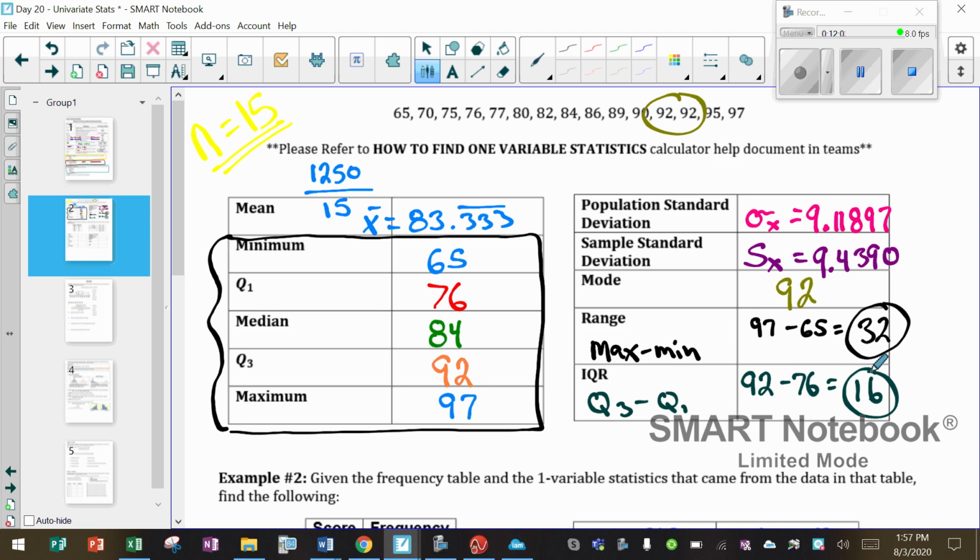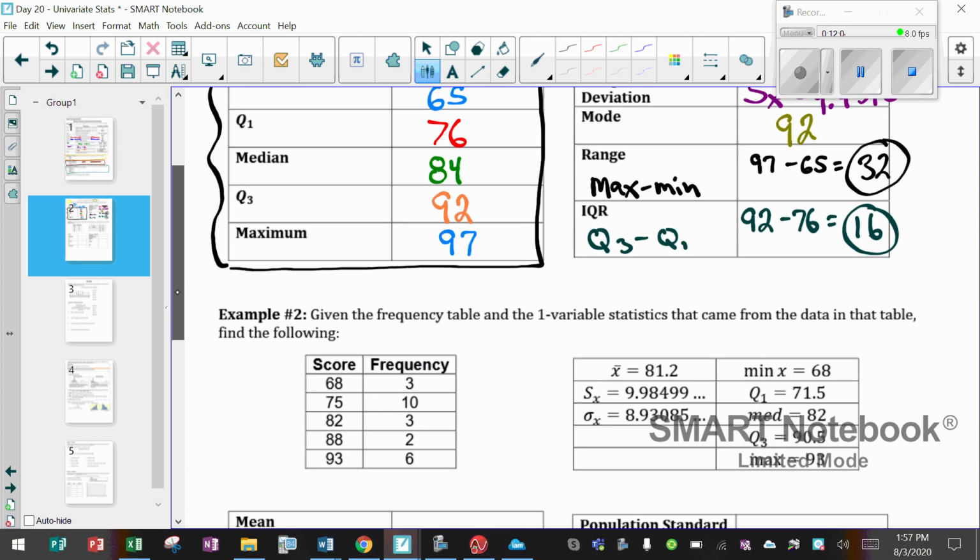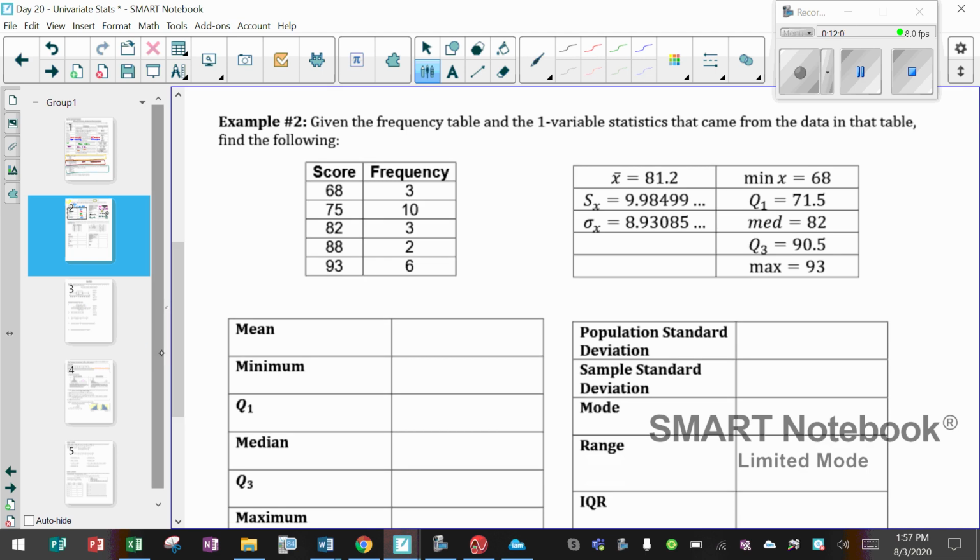So that's how we recognize some of these. For example, number 2: given the frequency table and the one variable statistics that came from the data in that table, find the following. So what I'm giving you is the actual scores. The score of 68 occurred 3 times. That's what frequency means, how many times did that score show up in the list. So there were 3 scores of 68, 10 scores of 75, 3 scores of 82, 2 scores of 88, and